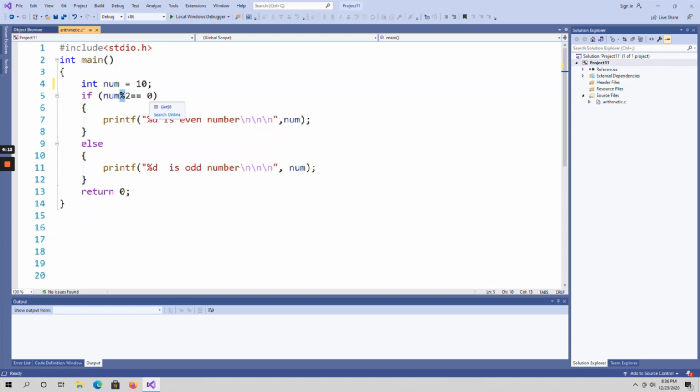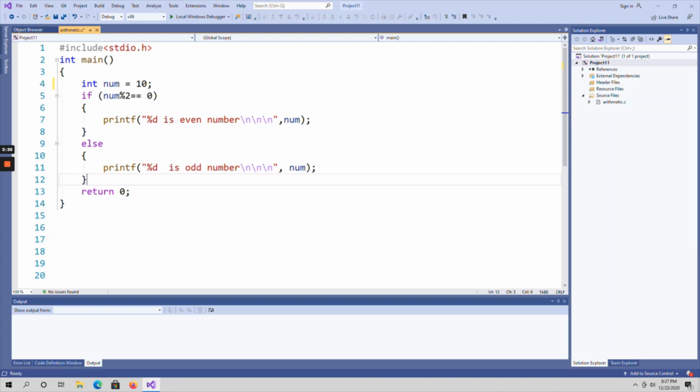So that means the if condition is true here. So if the if condition is true, whatever statements are written within this block, those statements have to be executed. Okay, so this is the opening parenthesis and the closing parenthesis, this is the opening flower brace and closing flower brace. So whatever statements are written within this come under the if block. Okay, these are called a block of statements. Similarly here within this opening and closing brace, I have written another printf statement. So this statement comes under the else block statements.